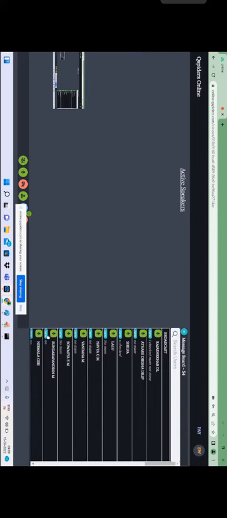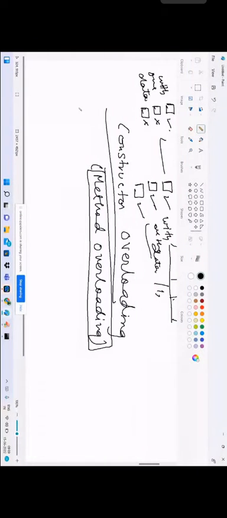Okay, so just first of all think about constructor overloading. So now what is constructor overloading? Overloading is a process of using a number of methods or constructors with the same name but different types of parameters. So if I'm telling about constructor overloading,